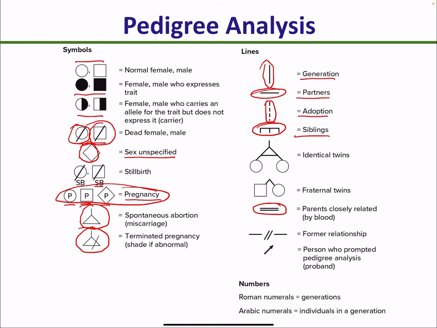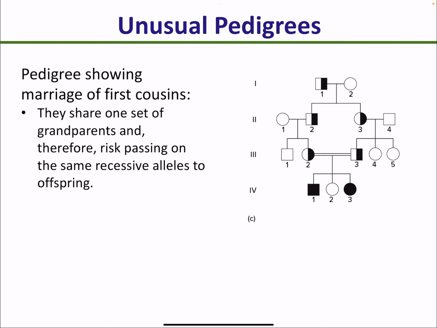Also, finally but not least, we're going to have the Roman numbers. The Roman numbers are going to indicate generations, while the Arabic numbers are going to indicate individuals in a generation. Now, to be specific, let's take a look at a pedigree here. So here, you are going to have individuals in the parent generation, right? One that is unaffected, the other one that is a